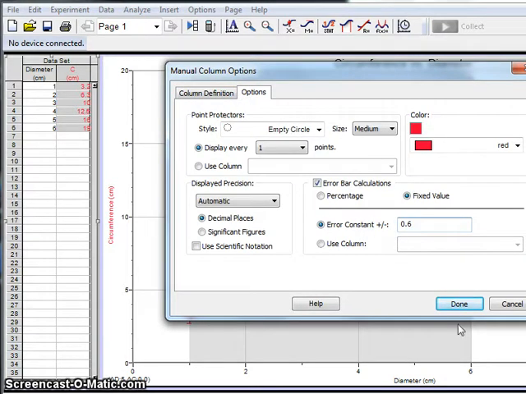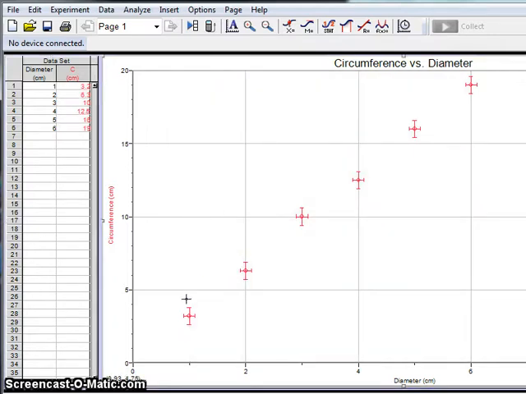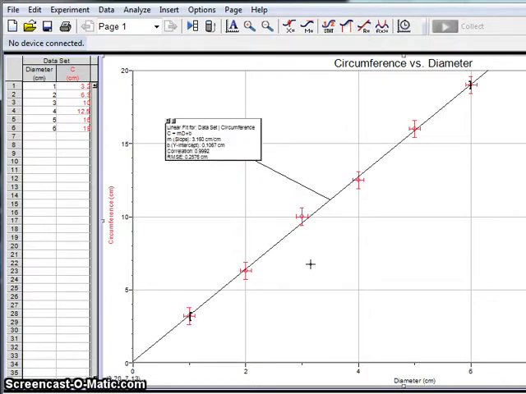I'll make this one a little bigger, like 0.6, just for grins. Okay, so there we go. So if we could go in right now and perform a linear fit, if you click on this little icon right here, that'll perform a best fit